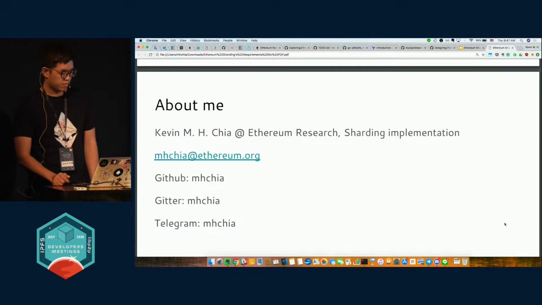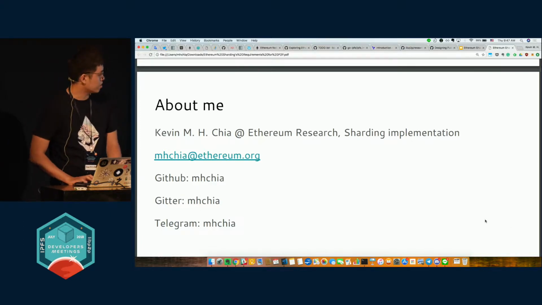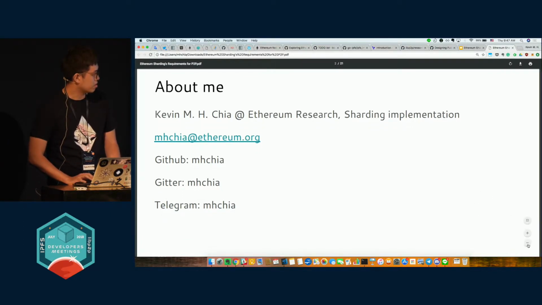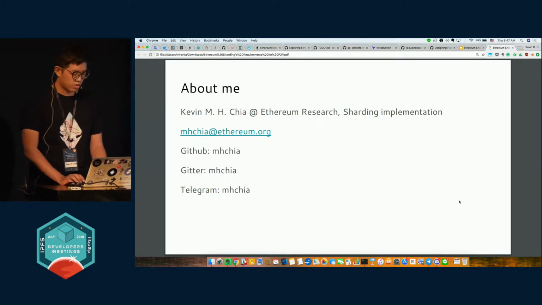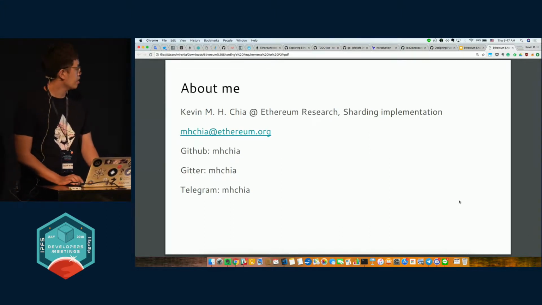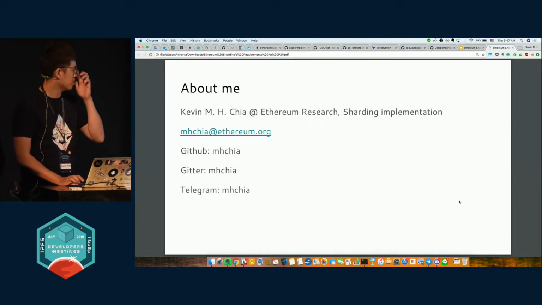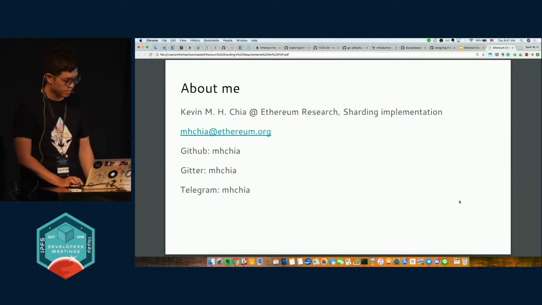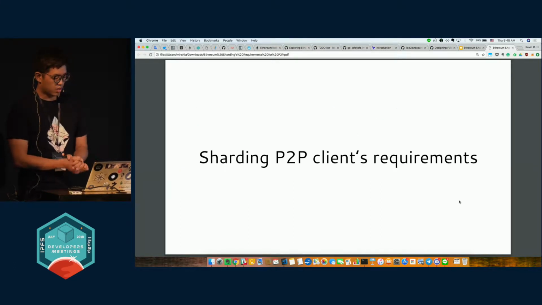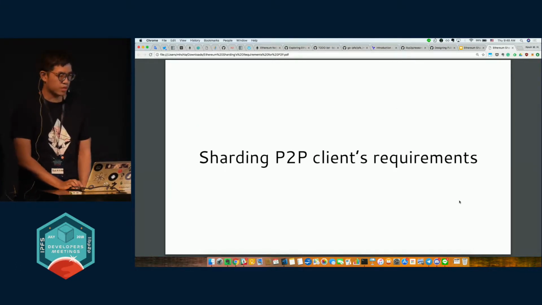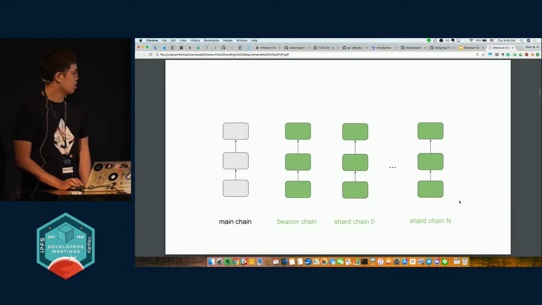So today I'm going to introduce our requirements on the sharding P2P layer. And you can contact me through email, GitHub, or Telegram. Our requirements for the P2P client arise because